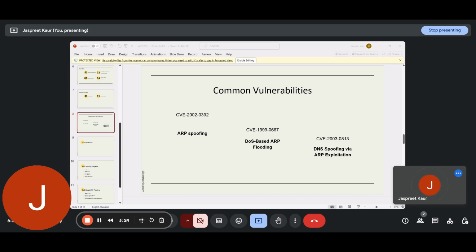Another fatal threat is DNS spoofing by ARP exploitation. The CVE number is CVE-2003-0813. The attacker in this attack holds the communication pathway between the victim and the DNS server through ARP poisoning. First, the attacker corrupts the ARP cache. Then they imitate the DNS server and respond to the fake DNS queries from the user and redirect them to